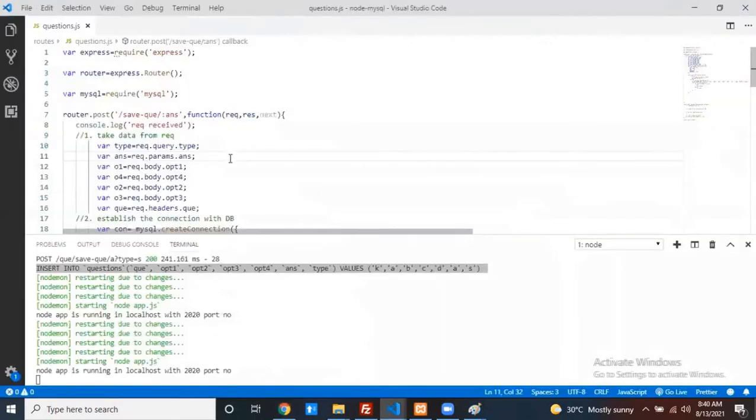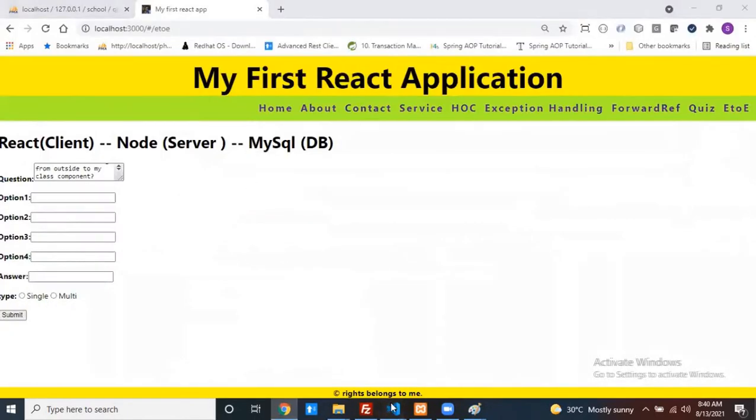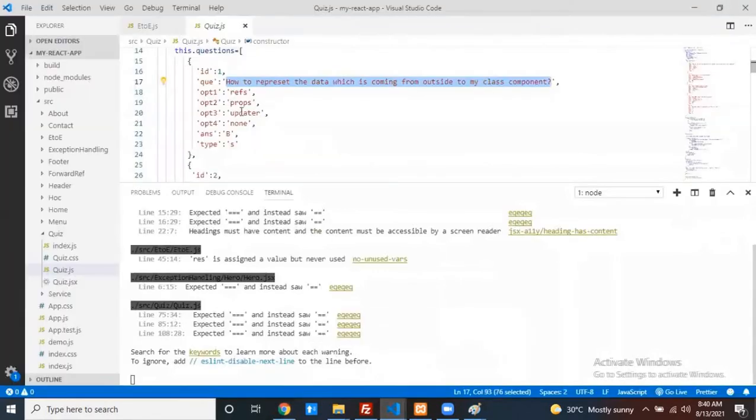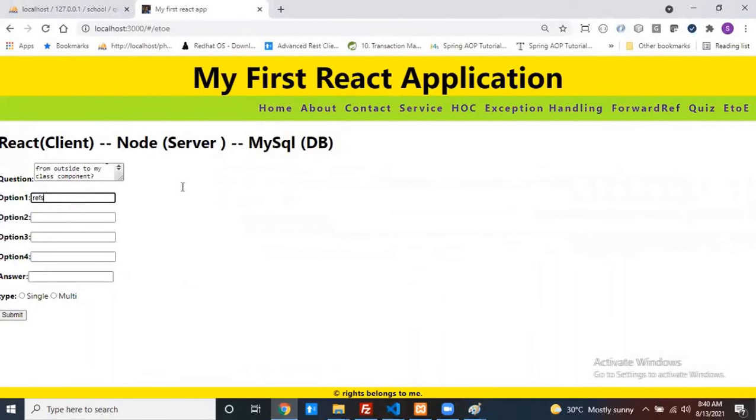The refs, props, updater, none. Which one is the right answer? B is my right answer. Is it single or multi? It's a single.